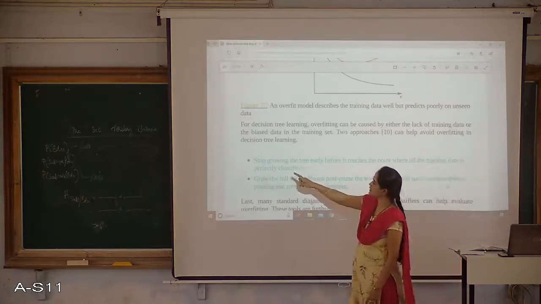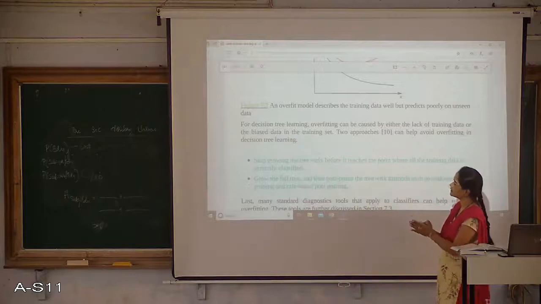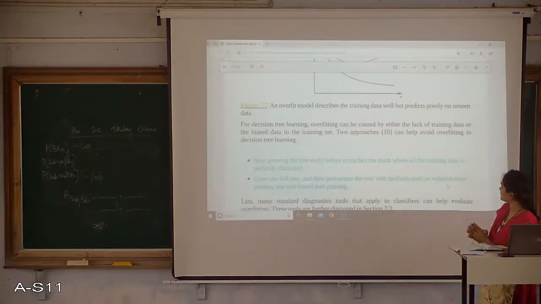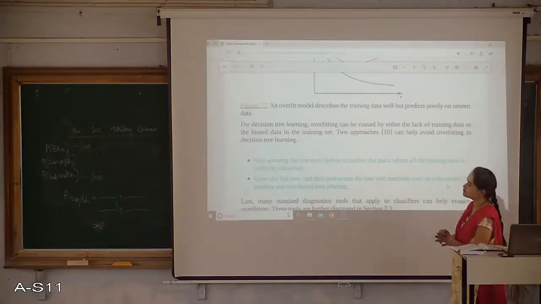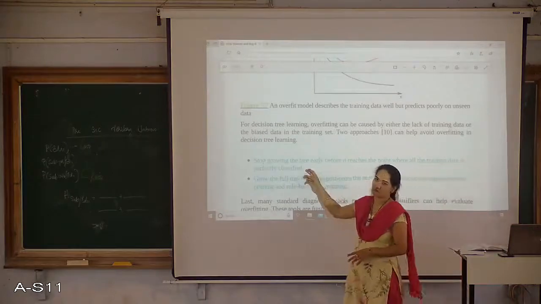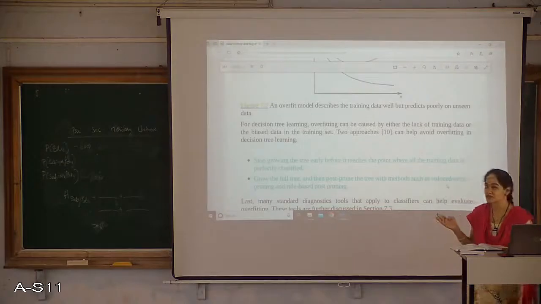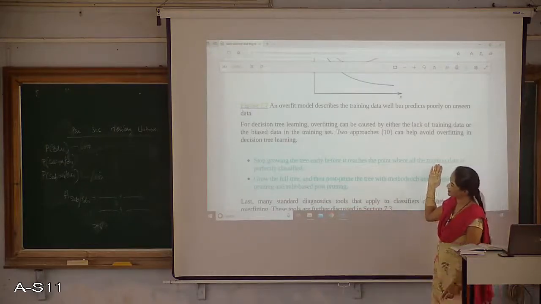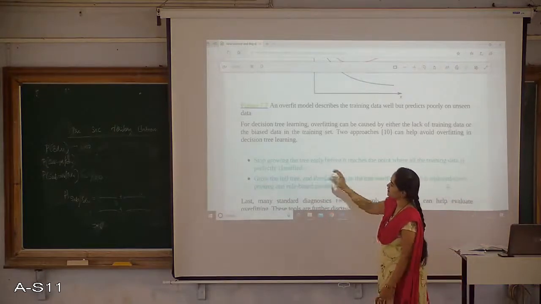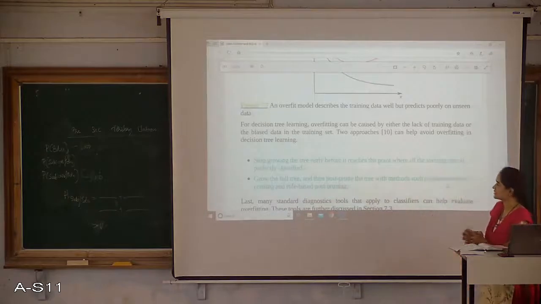One is to stop growing the tree early, before it reaches the point where all the training data is perfectly classified.